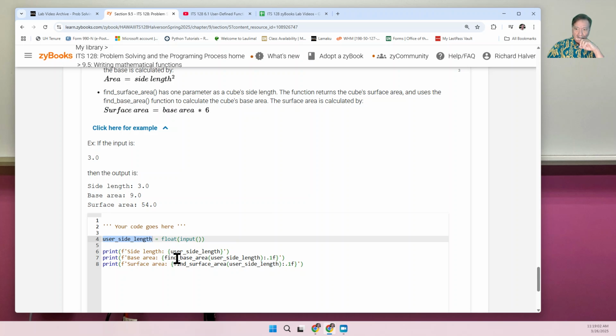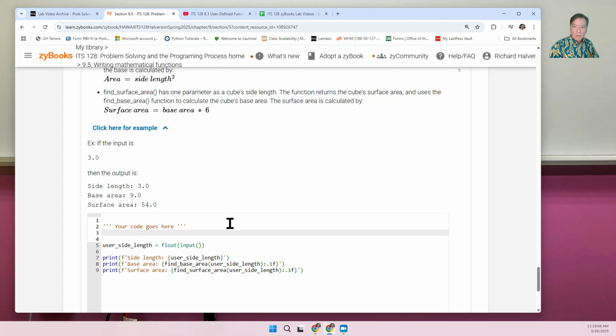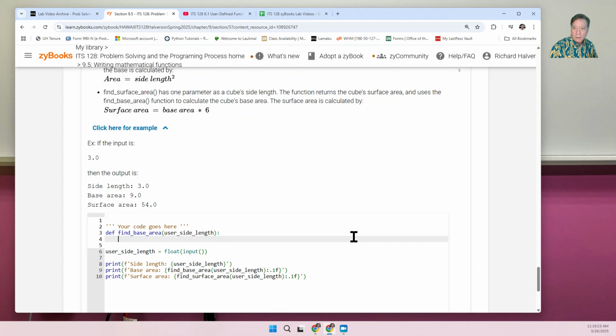So we're going to write functions for def this, copy paste, and which is going to be